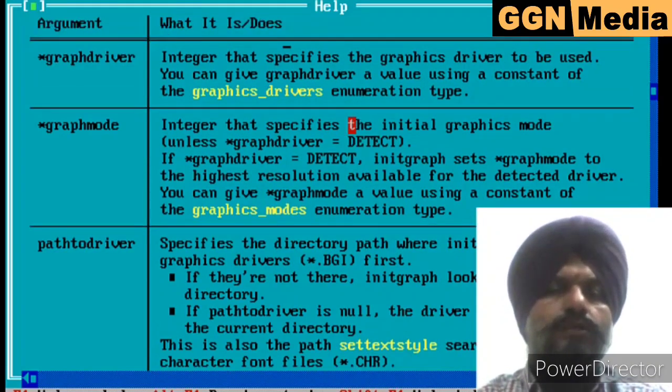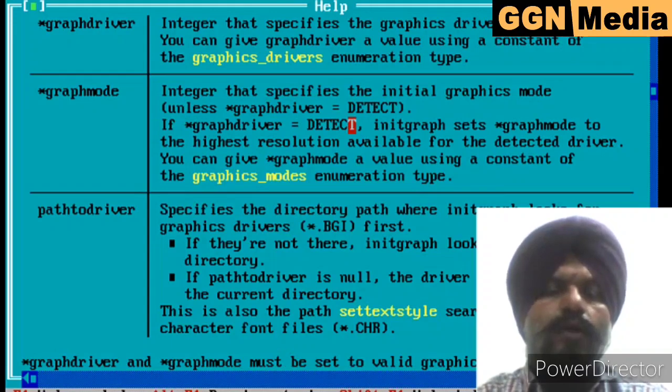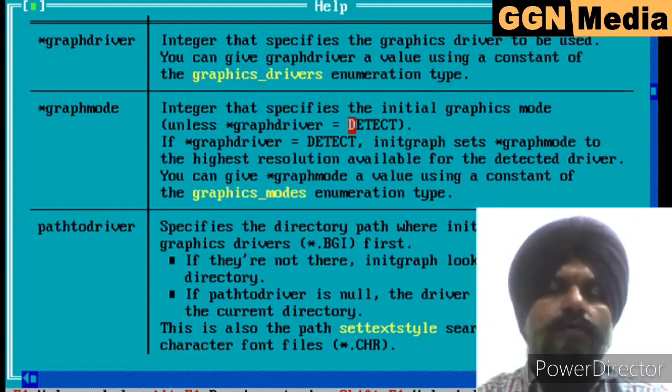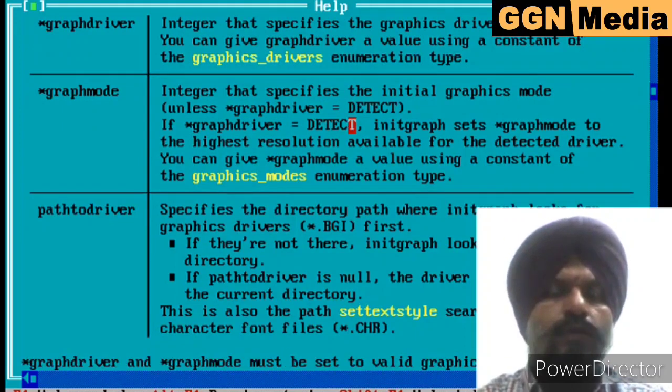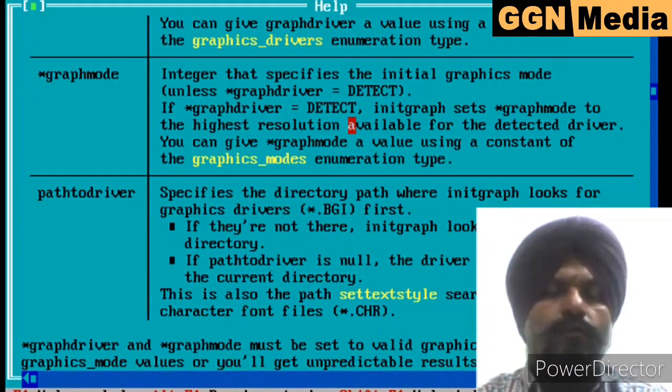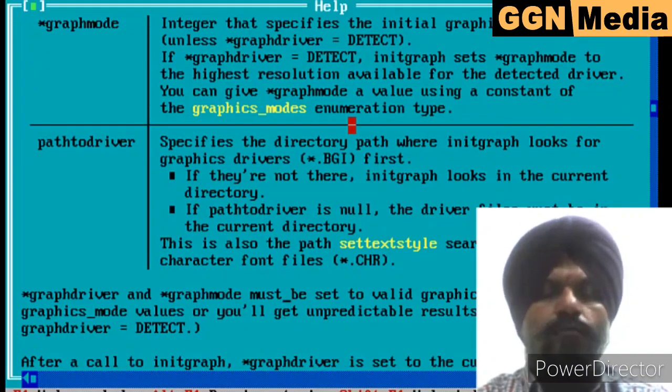It means C requires the BGI files to detect the graphic driver and set the resolution of the monitor. If this file is not available or your path is not correct, then you cannot initialize the graphic mode using initgraph.